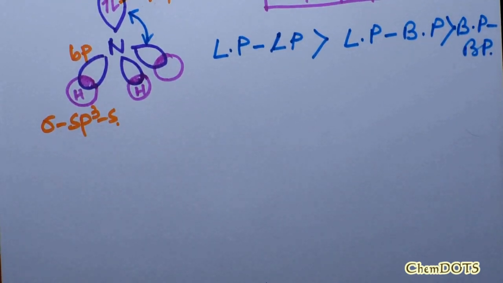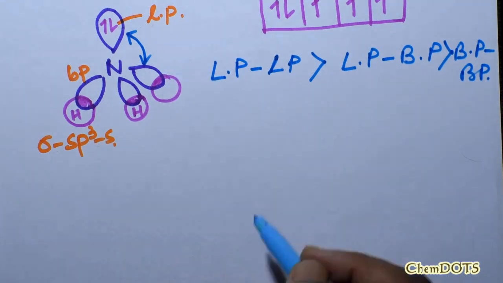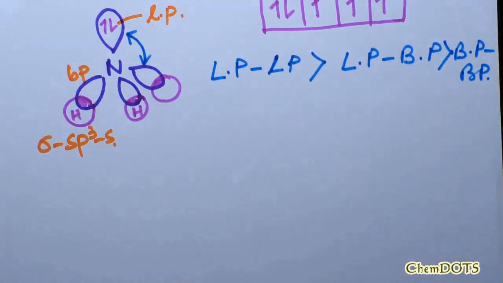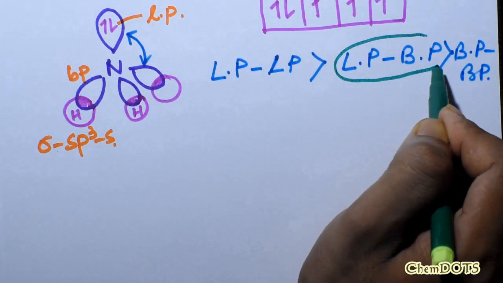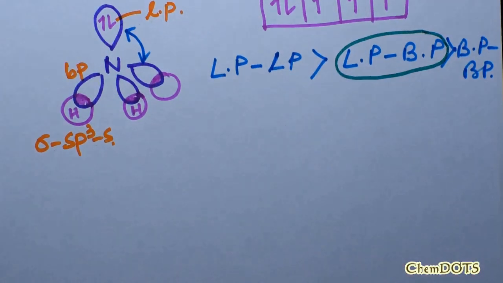So here, between the lone pair and bond pair, this is a category of lone pair-bond pair repulsion. So the angle involving the lone pair and the bond pair will be more than the HNH bond angle. That means there will be a deviation from the ideal hybridization concept. As we know, the nominal sp3 hybridization bond angle is 109.5 degrees. The HNH bond angle here is 107.1 degrees.